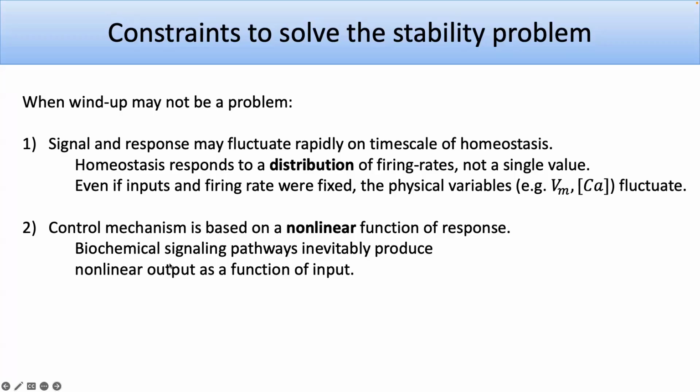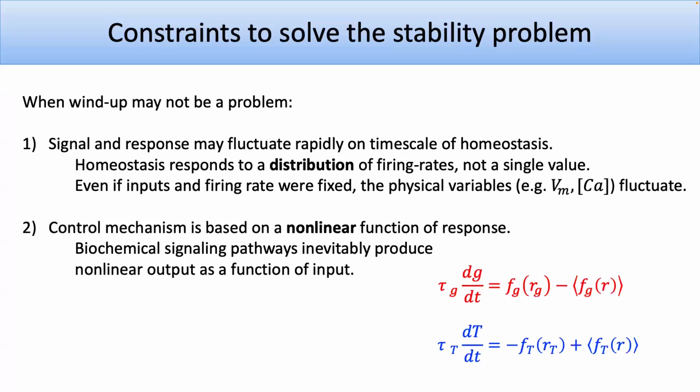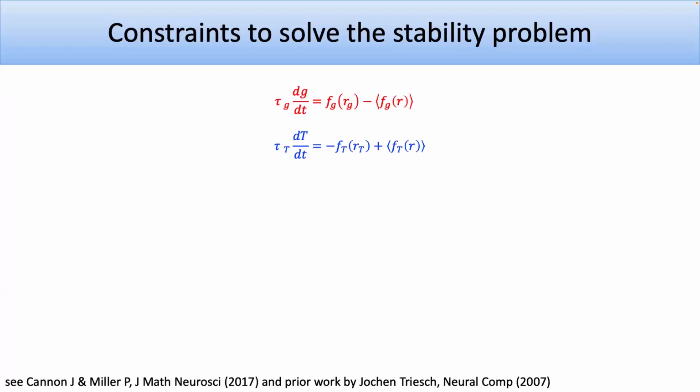The other thing is the control mechanisms. I say they are nonlinear functions. One could be linear, but the point is they're different functions. So in some sense, what you're doing is controlling different moments, different quantiles, different aspects of a distribution, rather than either a single quantity or the same function of that distribution. So we've got these two control mechanisms. They're controlling different aspects of a distribution.